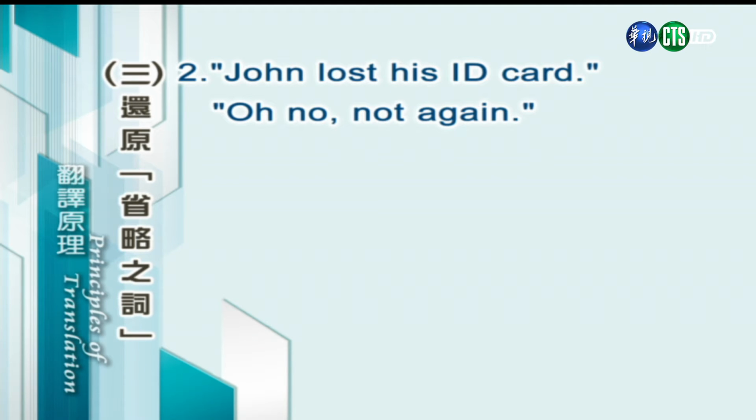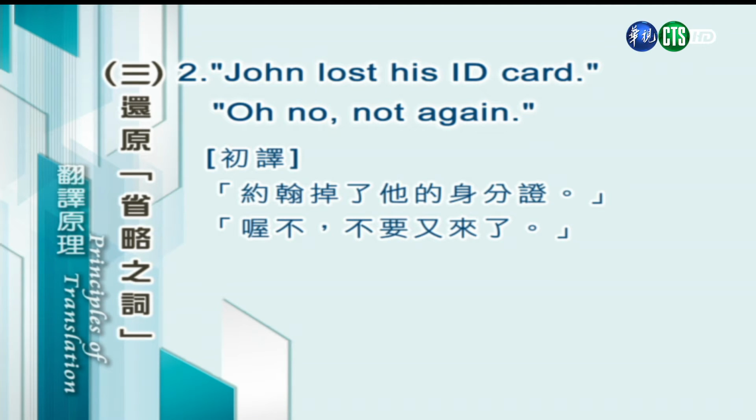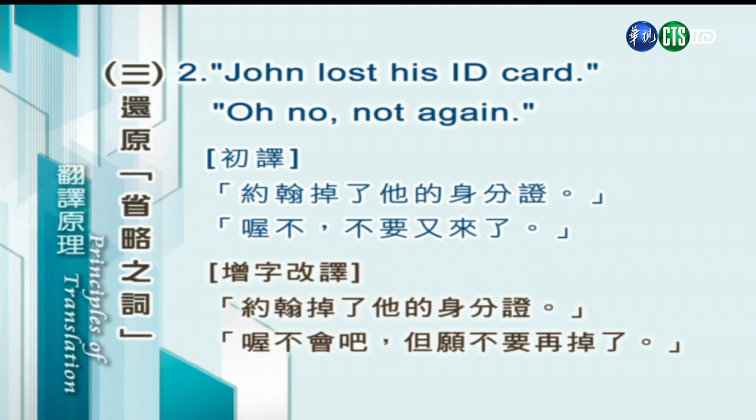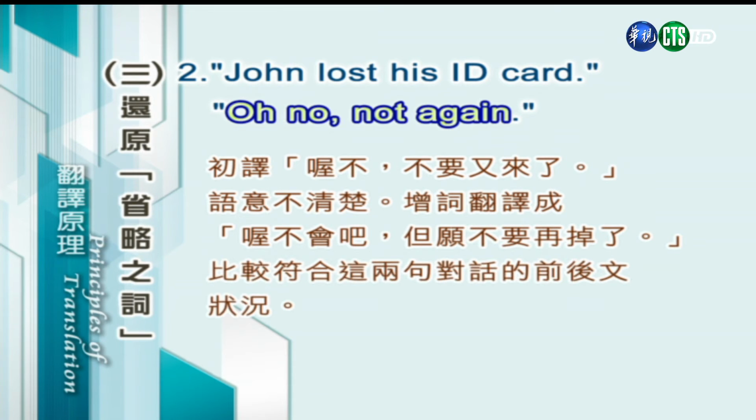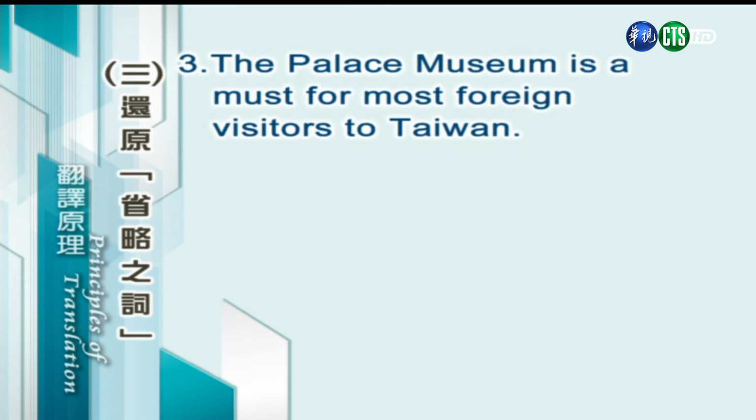Oh no, not again. 字面上翻是约翰掉了他的身份证。哦不，不要又来了。翻得不好不清楚，来增加字词翻翻看。约翰掉了他的身份证啊，不会吧？但愿不要再掉了。照字面翻真的是语义不清。我们增词把它翻成哦不会吧？但愿不要再掉了，会比较符合这句话的前后文的状况。